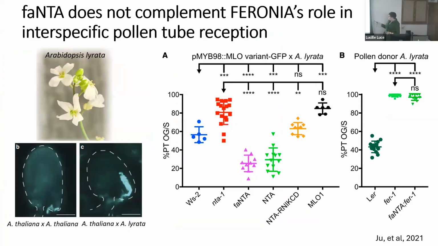Interspecific crosses. If you cross Arabidopsis thaliana with Arabidopsis lyrata, one phenotype is that pollen can germinate on a stigma and send a pollen tube through, but in a lot of ovules, the pollen tube doesn't burst. If we express FA Nordia, or overexpress Nordia itself, we can actually improve interspecific pollen tube bursting in these interspecific crosses. Interestingly, in a Feronia background, this doesn't work anymore. So we need Feronia for FA Nordia to be able to do its job in these interspecific crosses,